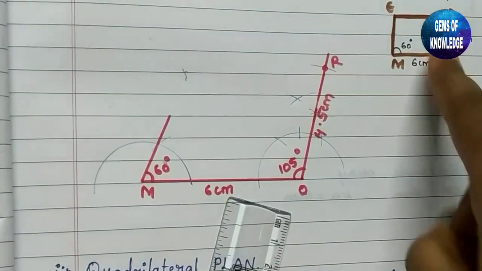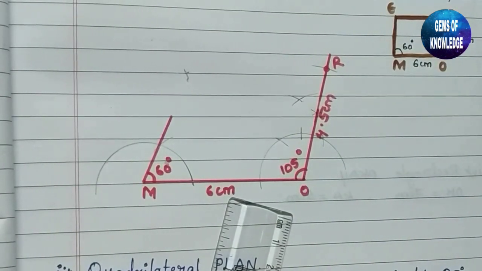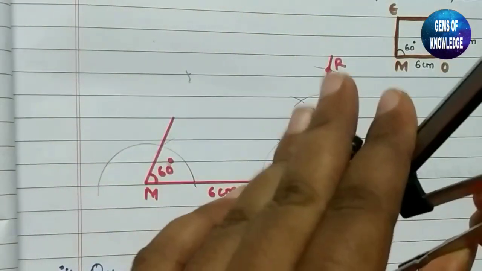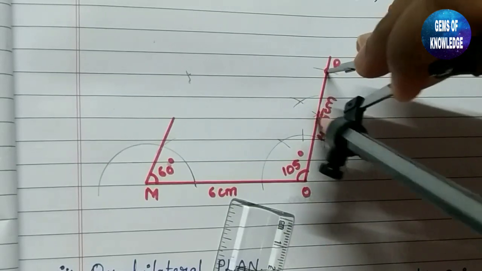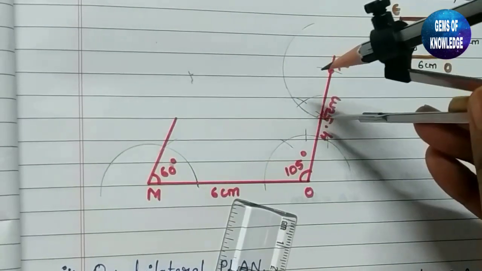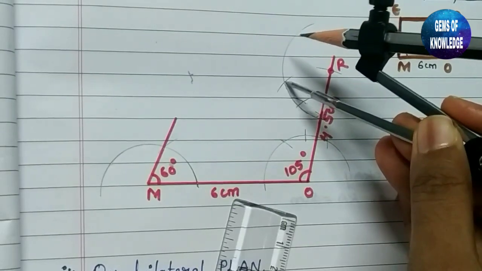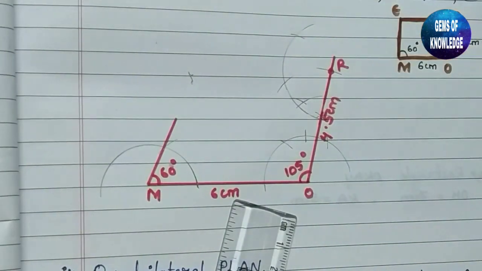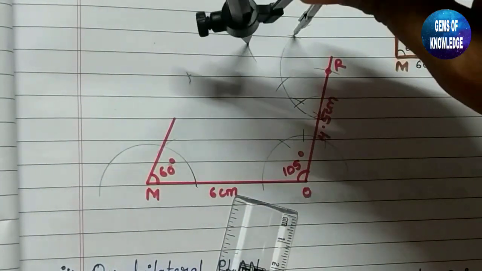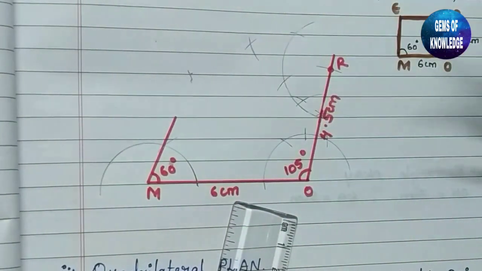Then you can see at point R we need to draw one more angle, that is a 105 degree angle again. So we will keep this here, and with some measurement we will draw one more arc over here like this. And with the same measurement I will cut one more arc here. This is of 60 degrees and this will be of 120 degrees. Then with this I need to cut one more arc over here, and from here I will cut one more arc. This is nothing but our 90 degrees.